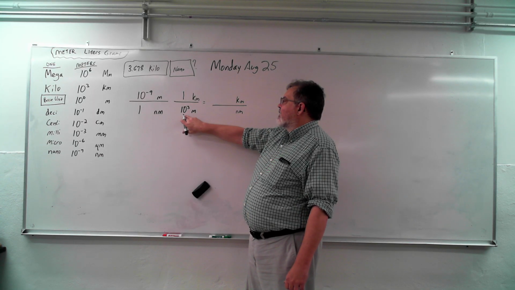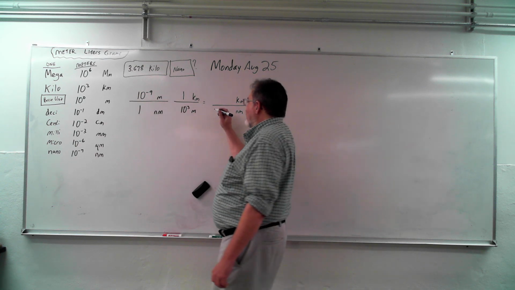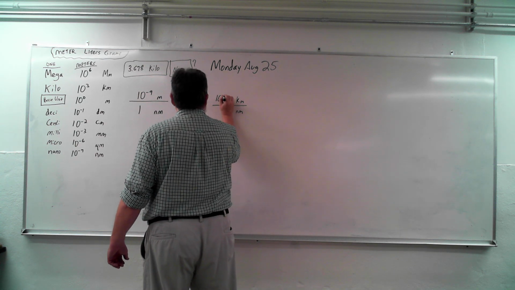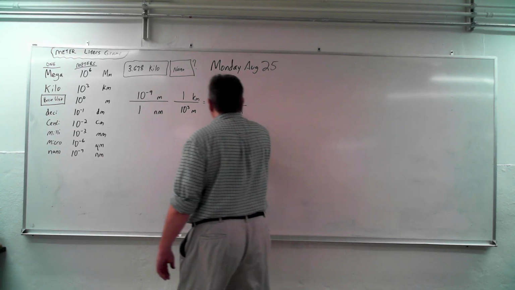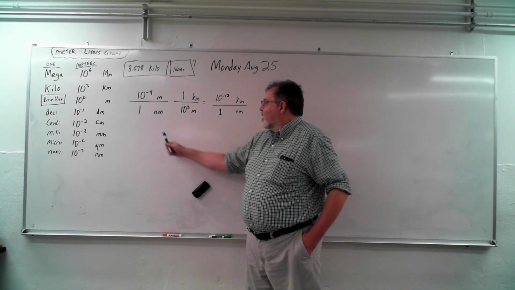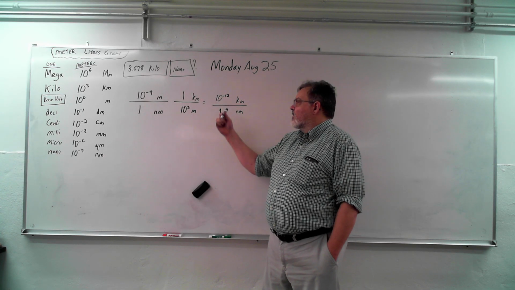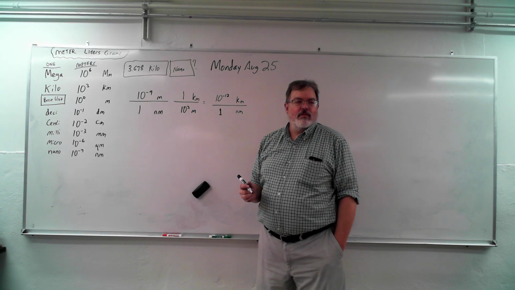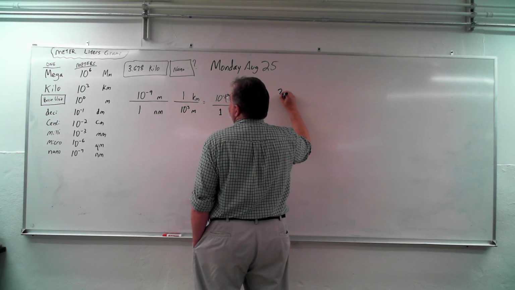If I move the 10 to the 3 to the top, it becomes 10 to the -3, which means I then have 10 to the -12. And nothing else matters here. If you don't have a number there, you just stick with 1. So I kept this one, but I threw this one away because it's not doing anything. So that's a good conversion factor for this problem. So if I actually calculate it,